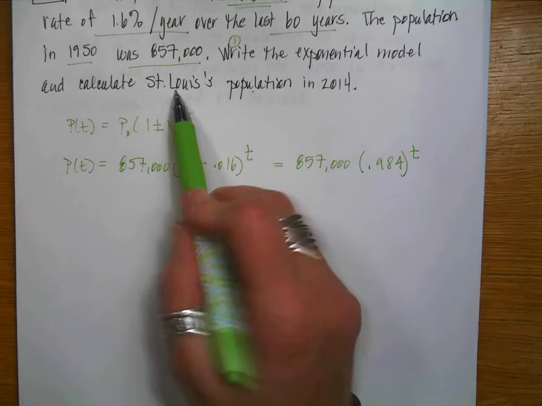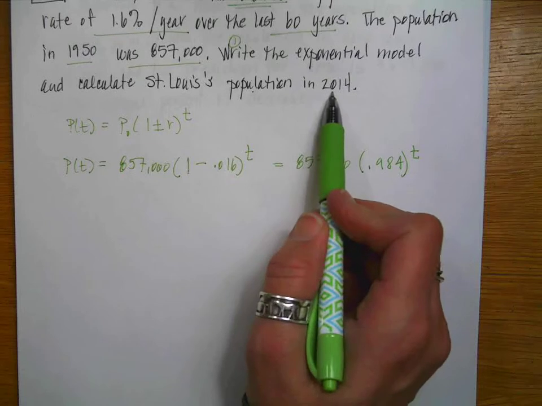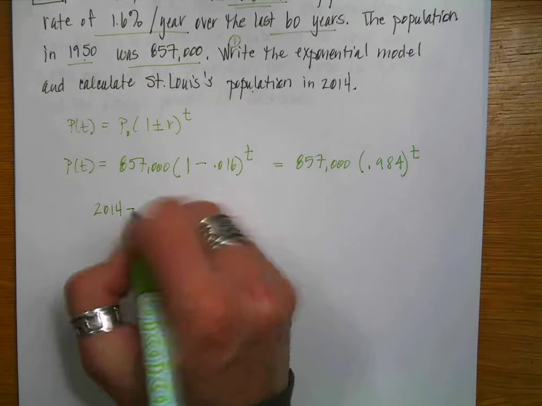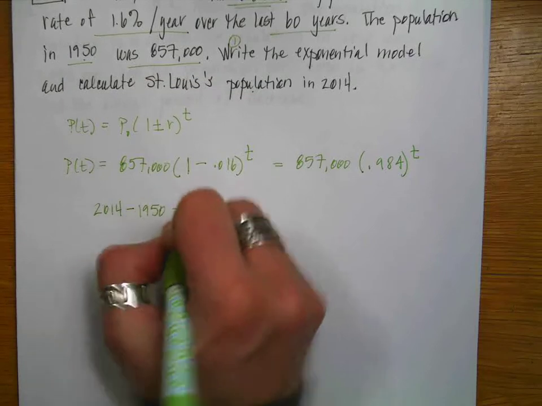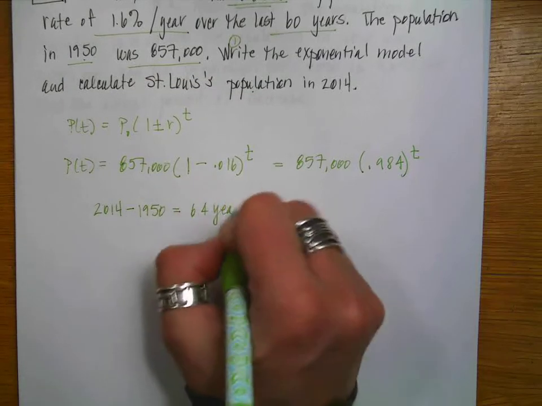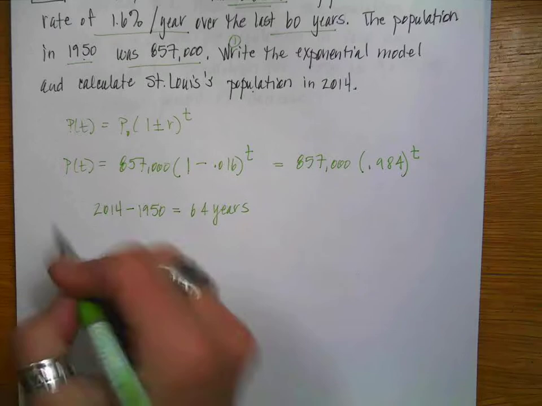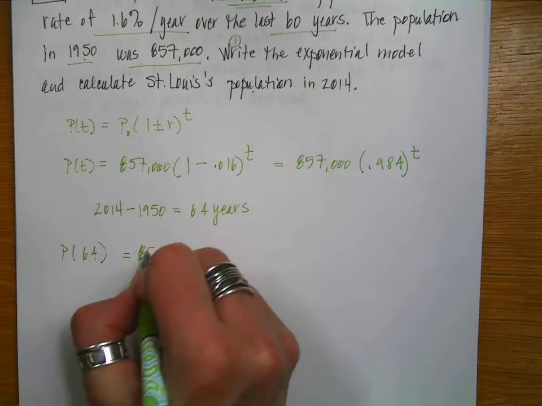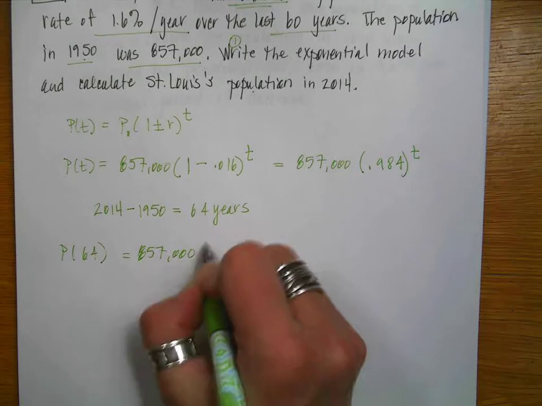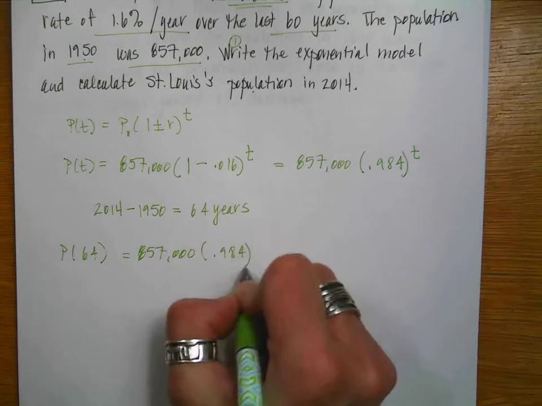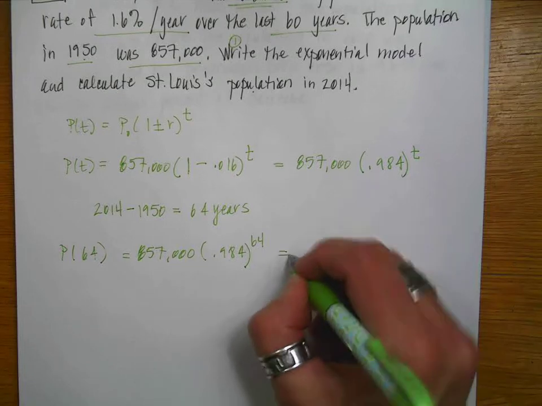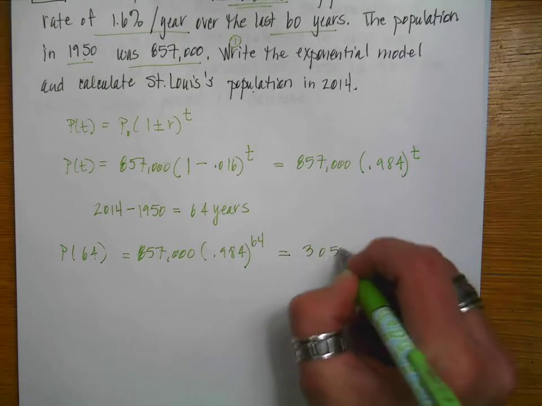The second thing that we want to do is calculate the population in 2014, so we have to figure out how many years have gone by. So 2014 minus the year that they gave us, 1950, is going to be 64 years. So when I predict, I want to do P of 64, so it's going to be 857 times 0.984 raised to the 64. And we just talked about how to do that in your calculator. And when you do that math, you're going to get